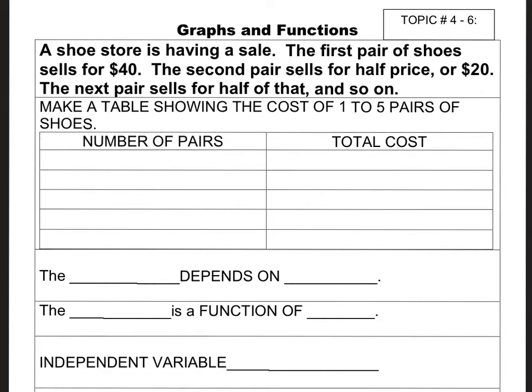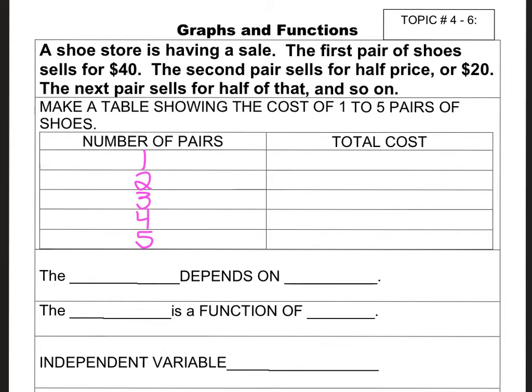A shoe store is having a sale. The first pair of shoes sells for $40. The second pair sells for half price, or $20. The next pair sells for half of that, and so on. So we're going to make a table showing the cost of 1 to 5 pairs of shoes. So I'm going to go ahead and number 1, 2, 3, 4, 5. And we're going to figure out the total cost if we were to buy 1 pair, 2 pairs, 3 pairs,